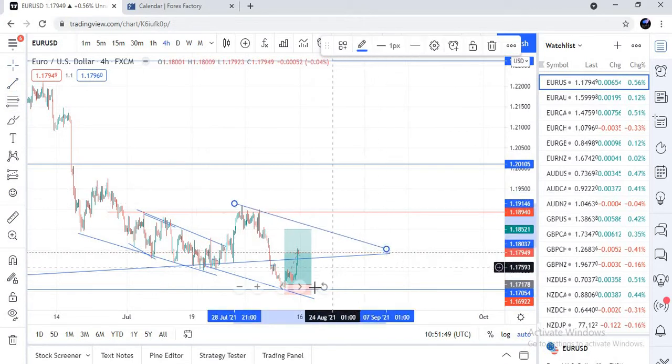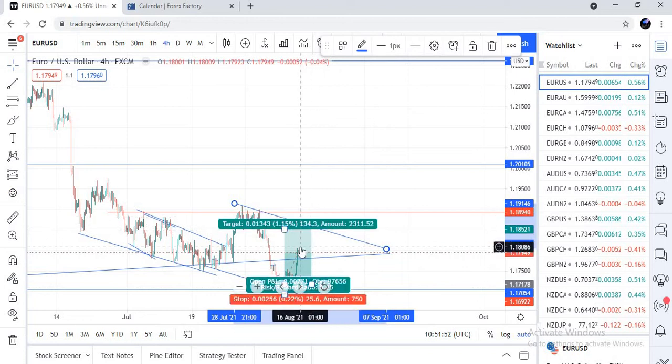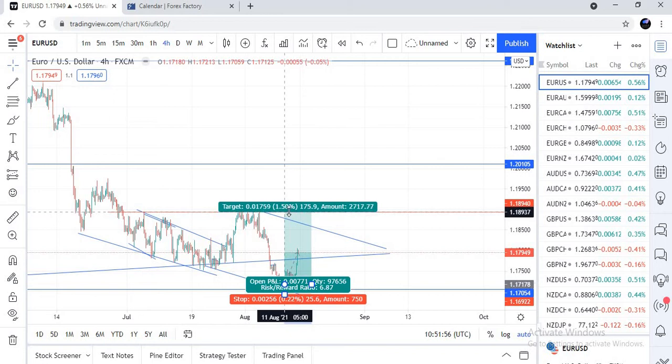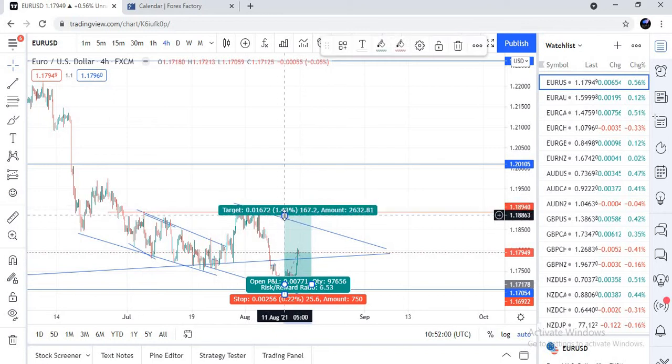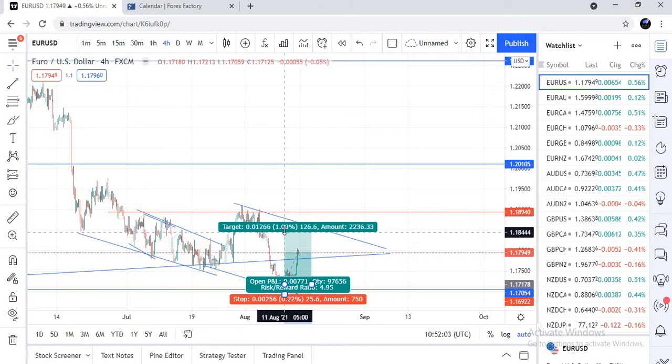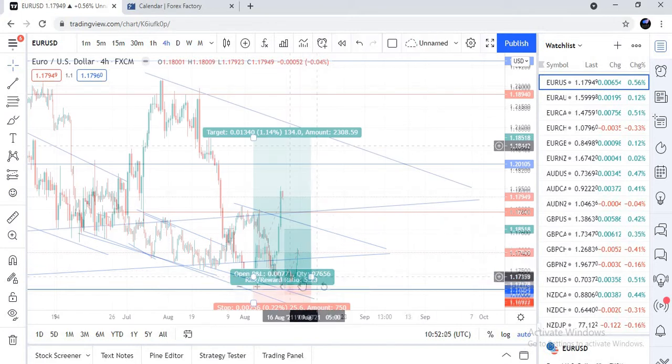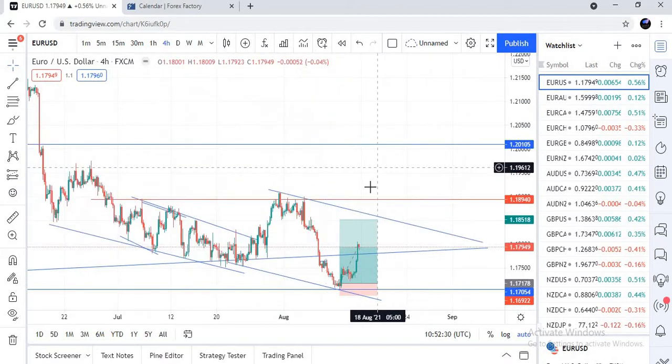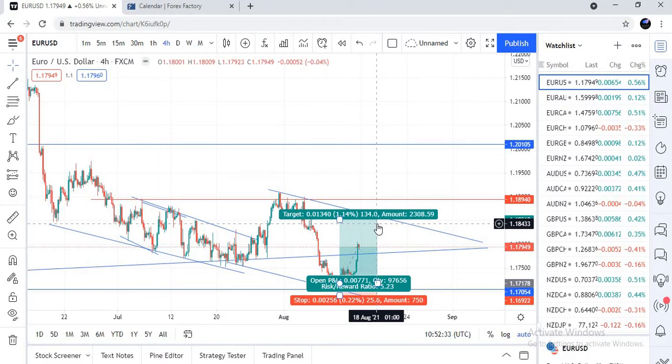So that's why we didn't put our last take profit to this level. If not, it would have been take profit of about 160 pips. So we are setting the take profit to 130 pips or 133 pips, just to consider this trend pattern, because it might want to bounce and hit this level. So there are many ways to draw out your charts. So that's just the Euro USD for you.